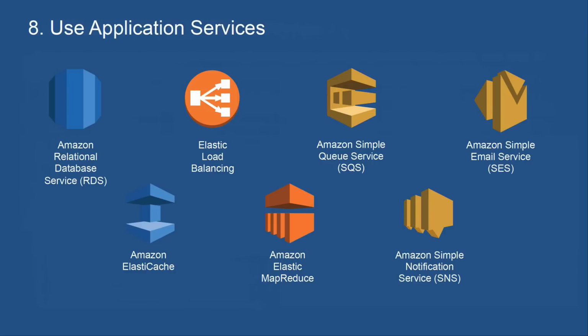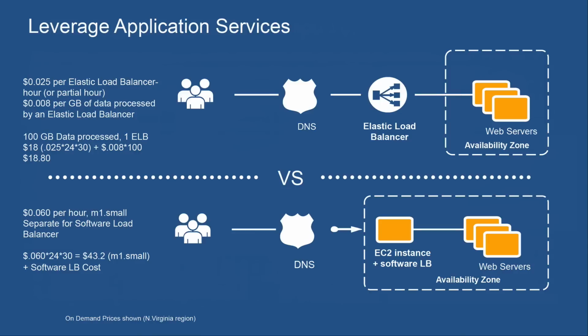And they're all available with the same sort of usage-based, capacity-based pricing model as all AWS services. So pick an example like the simple queuing service. You could choose to build your own message queue and maintain that across a number of EC2 instances. Or you could use the simple queuing service, which will cost you 50 cents per million API requests. So if you've got applications that you're building that can take advantage of these application services, you can certainly look at that as a mechanism for, once again, reducing the amount of EC2 capacity that you might need to use within your application. And that extends to network services as well.